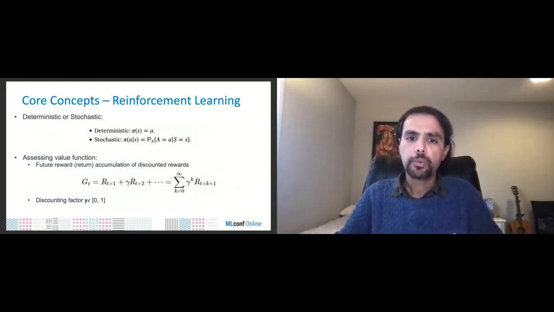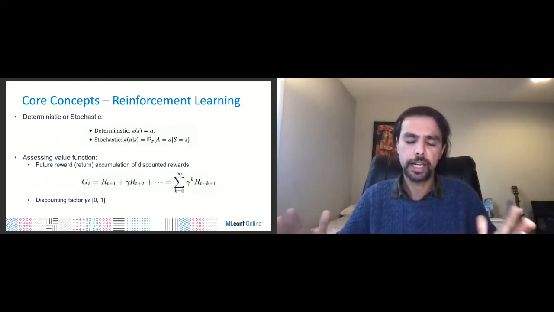As I mentioned earlier, the policies themselves could be either deterministic or stochastic, depending on the action that's taken. Just to very quickly elaborate on that, the policy can be deterministic, where for every state there is a single action that is defined by the agent. And then there could be instances where the policy returns a probability of taking a specific action for all possible states in a set of states S.